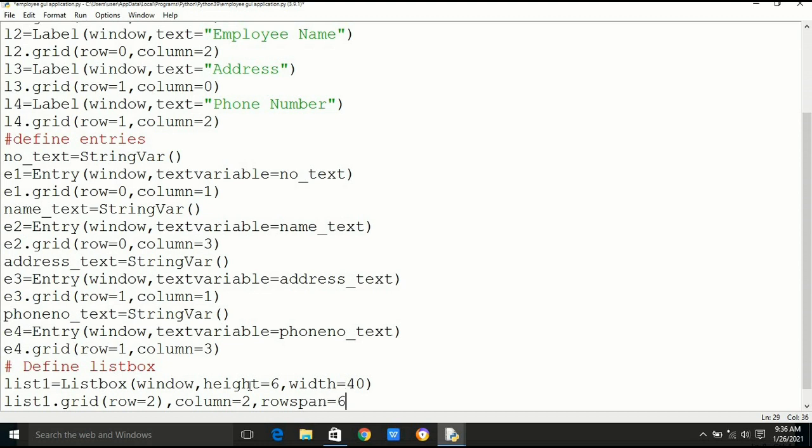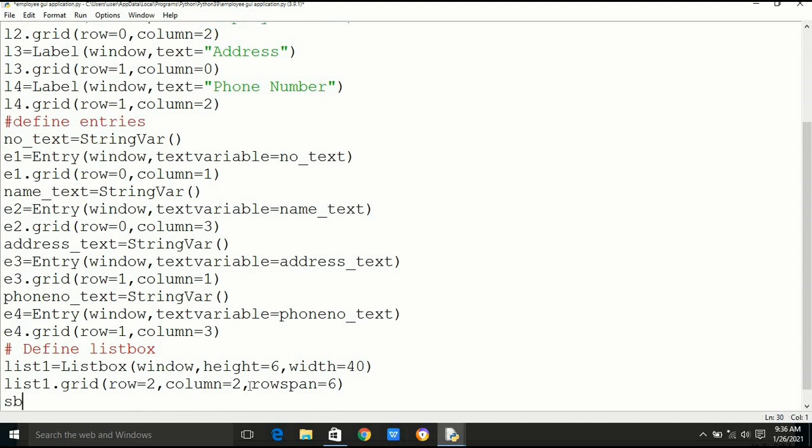We want to combine 6 rows. For this we have to write row span is equal to 6 for scroll bar, vertical scroll bar. Here we are defining a scroll bar whose name is SB1 is equal to scroll bar, and within bracket we have to write window.